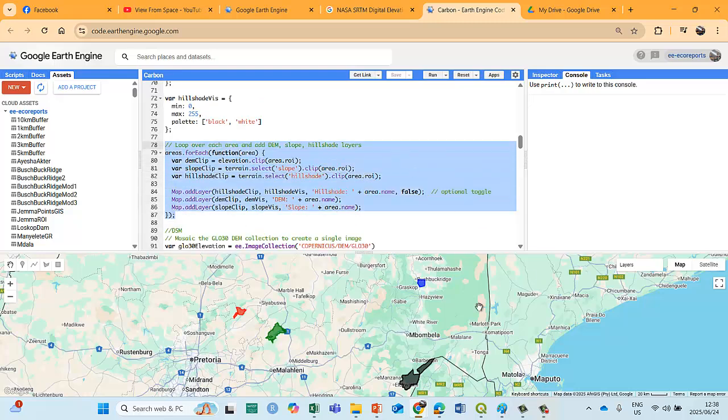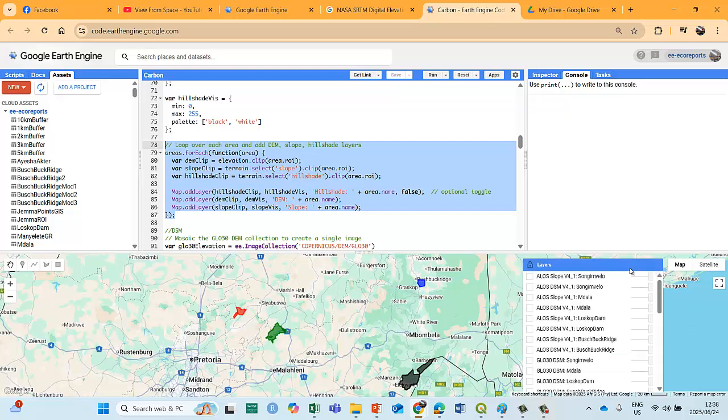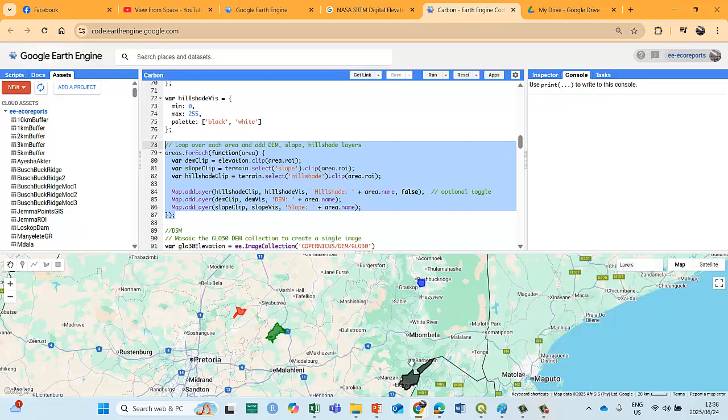Now, I'm not going to visualize it within Earth Engine, okay? Because we export it. Yeah, you can visualize it in Earth Engine. We've put it in Earth Engine to visualize it and stuff, but as I said, I'm not going to do that because we've exported it. We've created a looping function to export it, okay? So I'm going to rather look at it in QGIS.